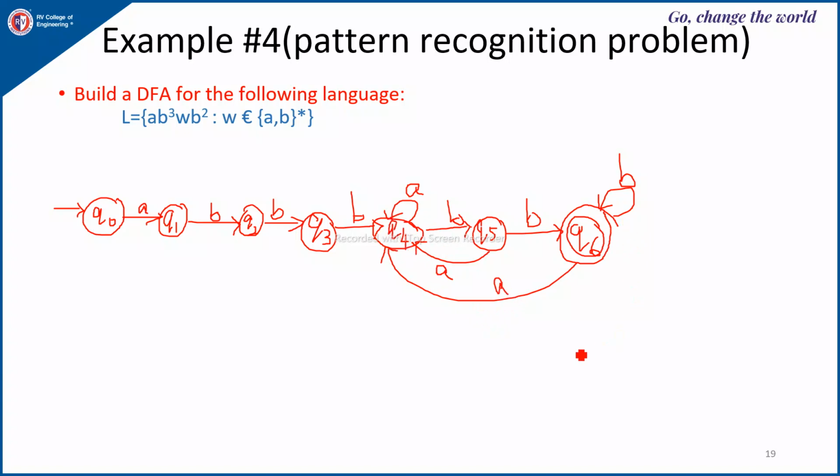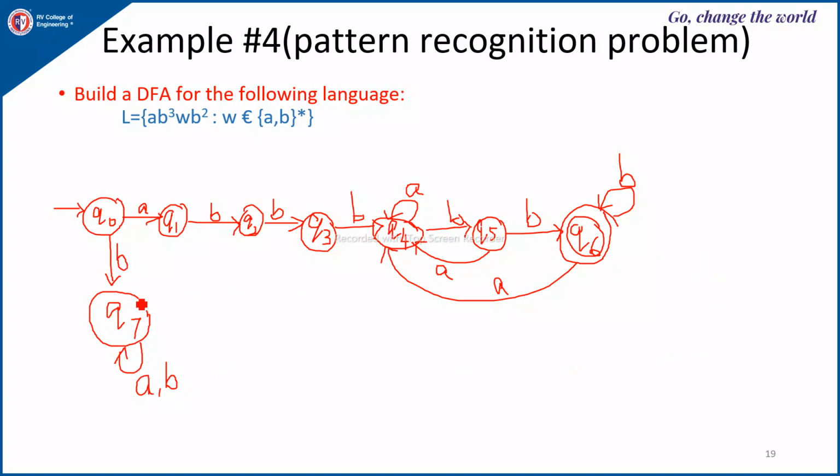So on this side, the transitions are over. Now, if the string is starting with A, I have the transition from Q0 to Q1. If it is starting with B, then I should not go to the final state. So I should go to a trap state. So I will write here Q7, and any trap state is a non-final self-loop state. So on all the input alphabets, it will remain in the same state. There should not be a path from this trap state